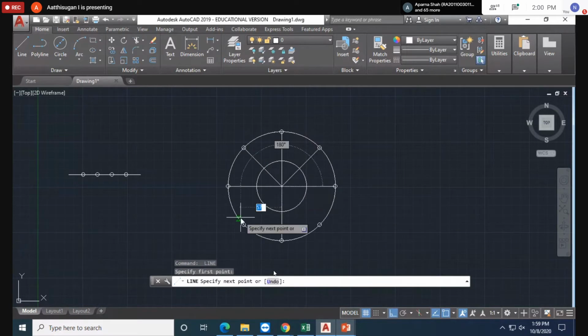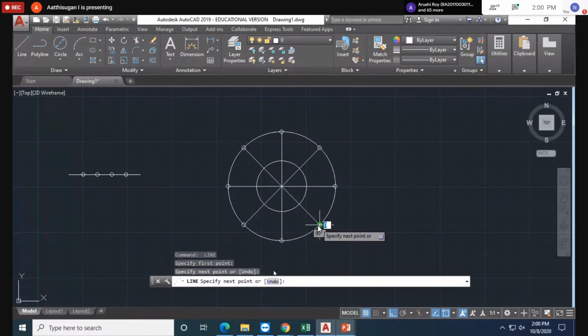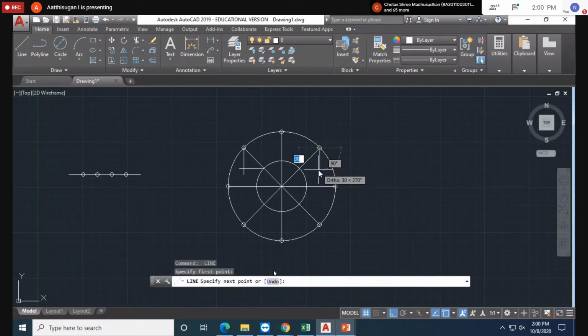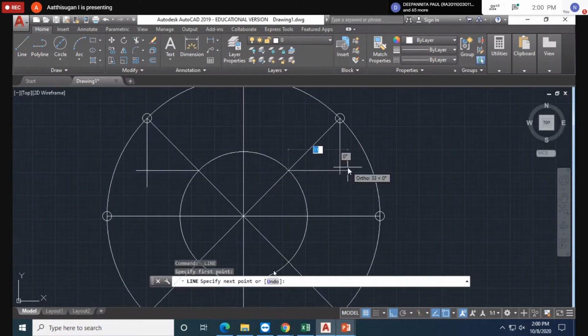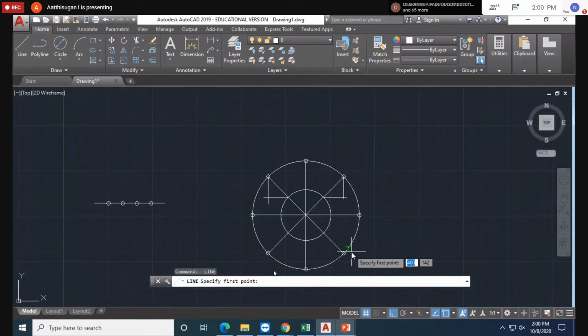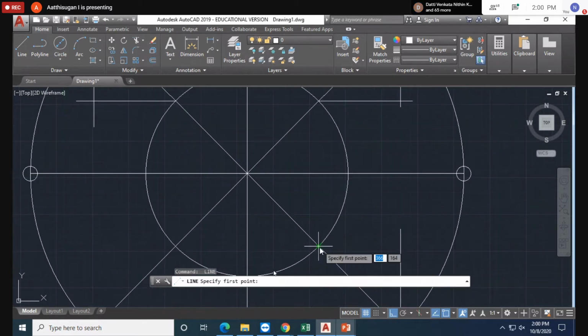So like this, divide. The next, they given from the straight line you can draw. To draw the line, ortho mode is on. First F8, ortho mode on. So draw a line at the intersection point like this. Here no problem. Here I am going to draw from the vertical, from here to here horizontal. Similarly for this point, draw vertical, horizontal.